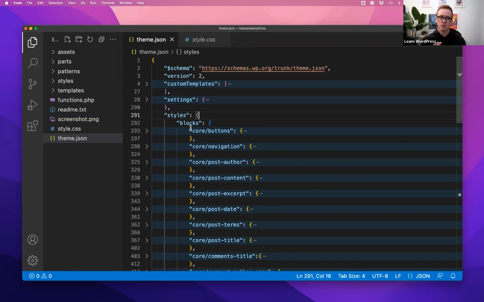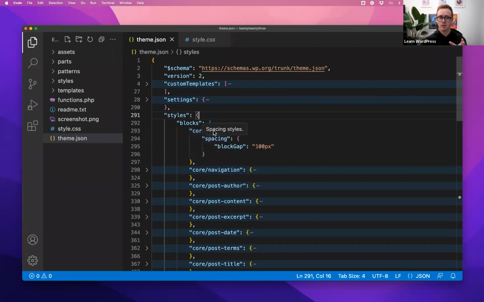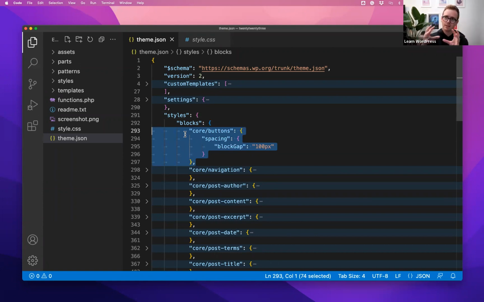The difference between the way styles are handled with a block theme is that styles are only rendered when you need them. So for example, if I have a page that doesn't have any buttons, the styling associated with buttons will not be present on the page. So there's a lot of optimization around how styles are served when the blocks exist and you need the styles